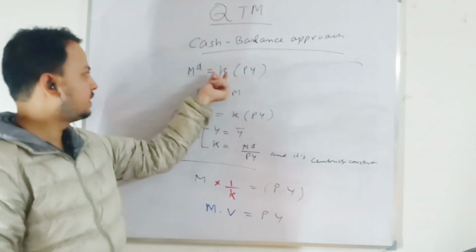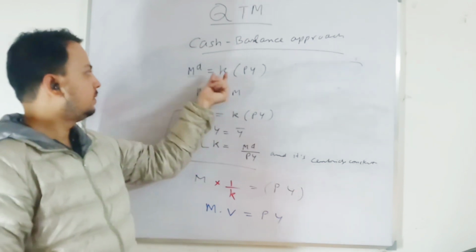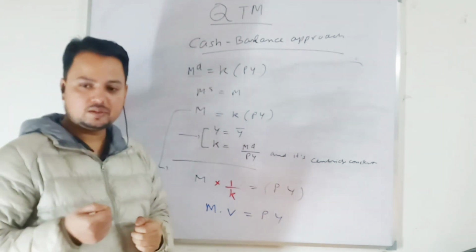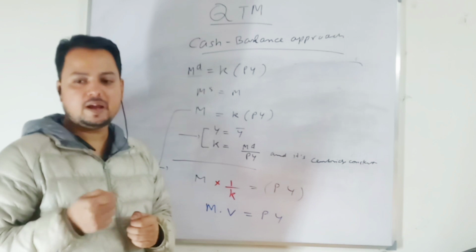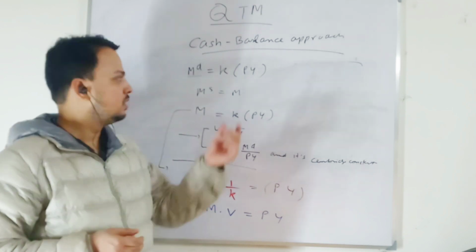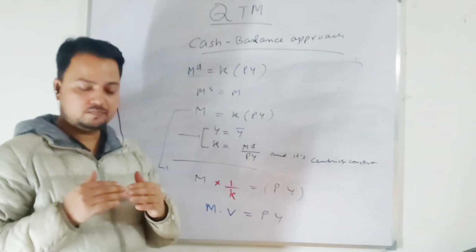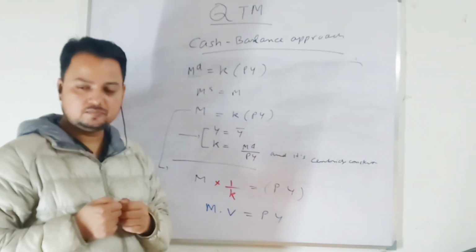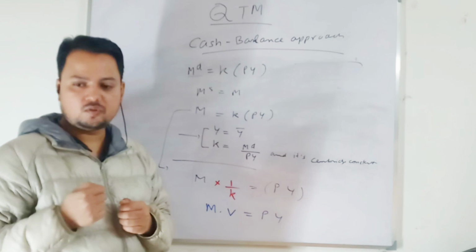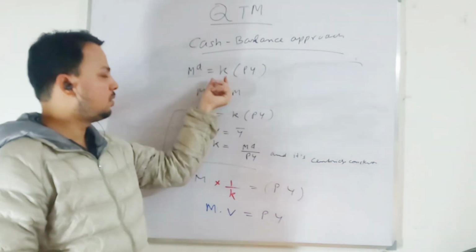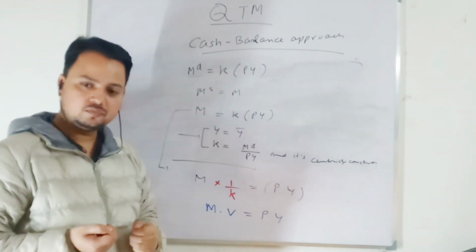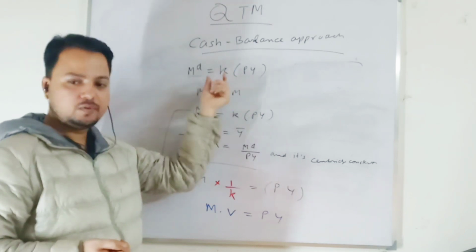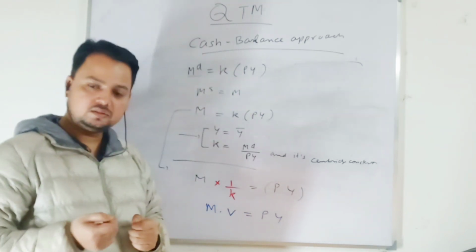Here, what they are saying is that this K is money demand. You demand money because money acts as a store of value, right? And this depends on behavior, right? How much money you want to keep, how much cash balance you want to keep? So here they are talking about the behavioral aspect. The money demand as a proportion of output depends on the behavioral aspect, right? Agree?